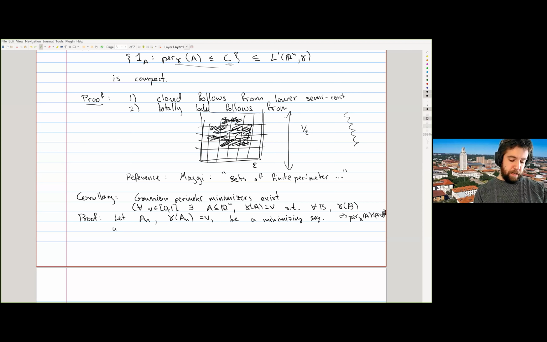Without loss of generality, I can assume that I've already passed to an appropriate subsequence so that there's a limit, because the theorem tells me that this sequence belongs to a compact set, and so it has a converging subsequence. And then